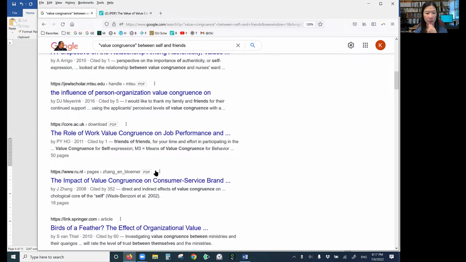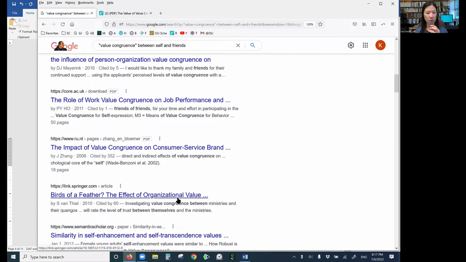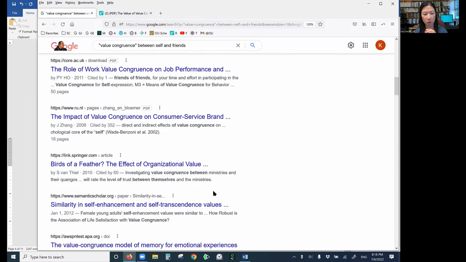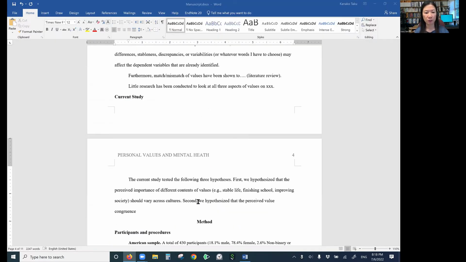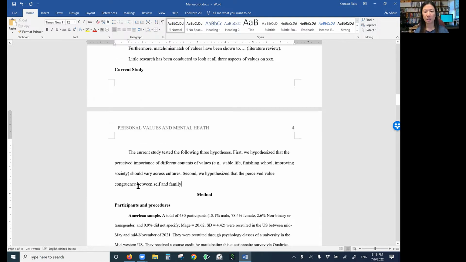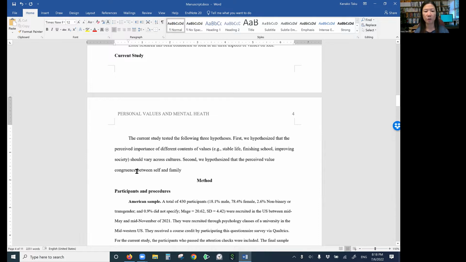There are a lot of studies about value congruence. I want to know the effects of value congruence, but what kind of congruence? I could investigate value congruence between ministries and their quangos, between that and that. So I can do that. So value congruence between self and family. So for example, we hypothesized that the perceived value congruence between self and the family